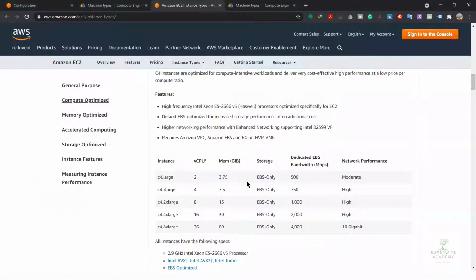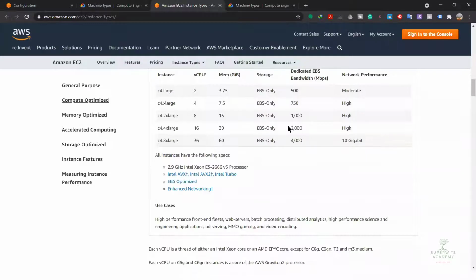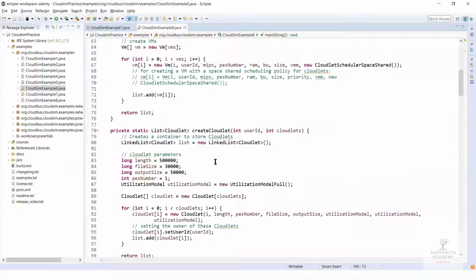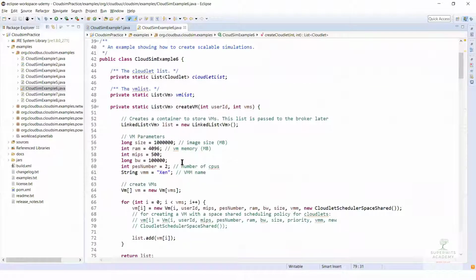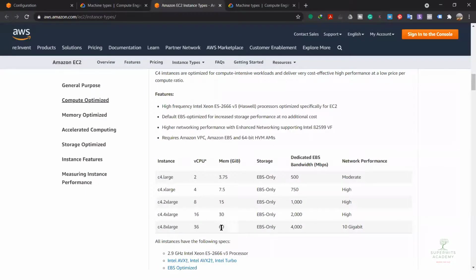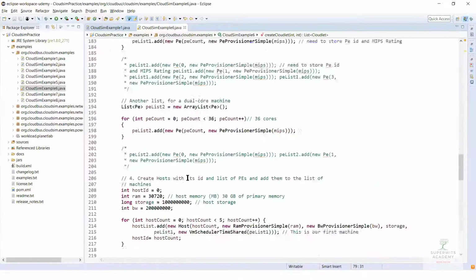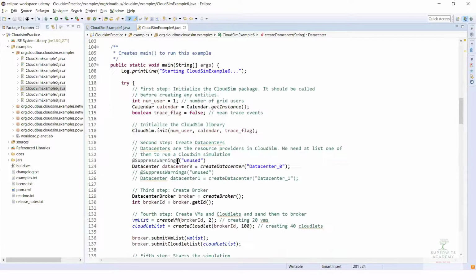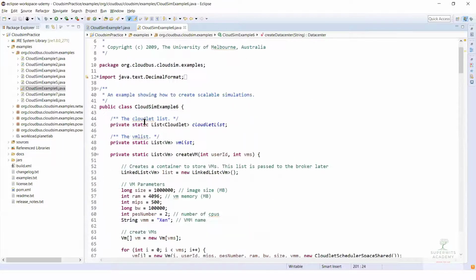Let me take you to the configuration part again. So let's say 2 vCPUs, 4 GB RAM, and some bandwidth is provided. Network storage is very medium. Then let's say there are more vCPUs if required, and more memory if required. So 60 GB it is talking about, right? Whereas if I wanted to give 60 GB, I think that will not be possible for us, because we defined our system with only 30 GB of RAM, right? So if I want 60 GB, I need to increase this part. Anyway, I just put it as 25 GB for this virtual machine.